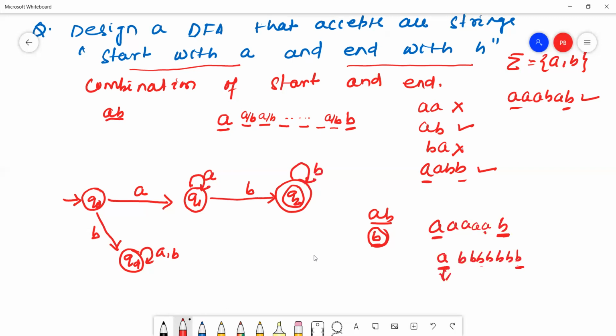If A comes, can I take A on the Q2 state?